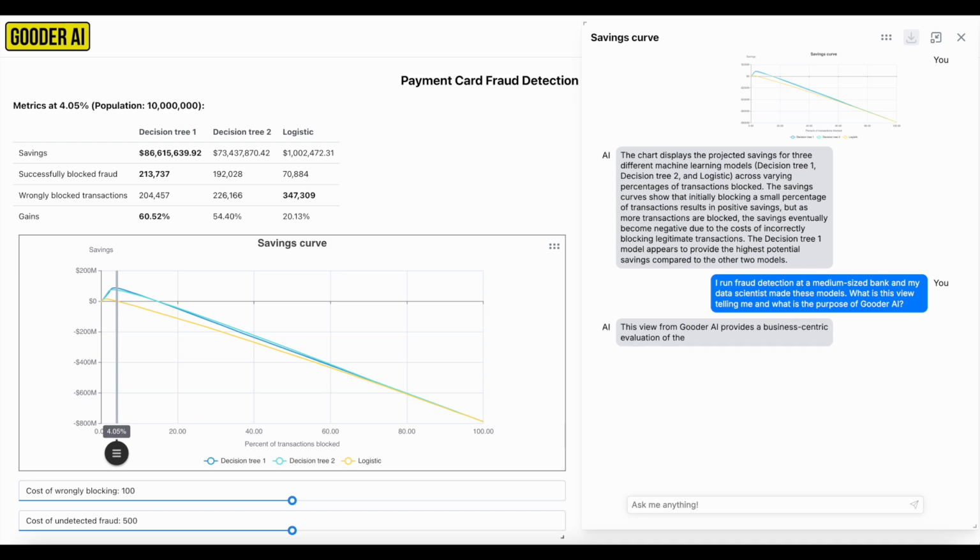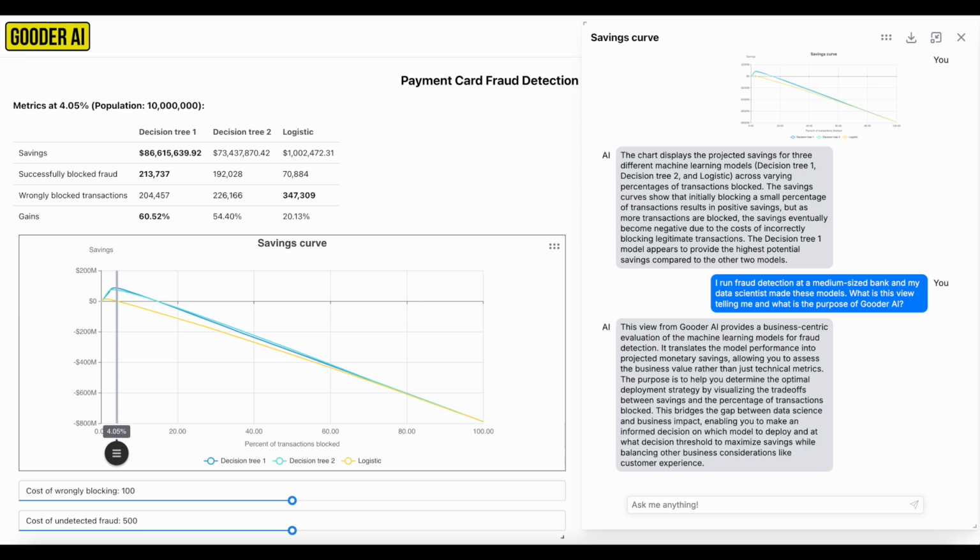This view from Gooder AI provides a business-centric evaluation of the machine learning models for fraud detection. It translates the model performance into projected monetary savings, allowing you to assess the business value rather than just technical metrics. The purpose is to help you determine the optimal deployment strategy by visualizing the trade-offs between savings and the percentage of transactions blocked. This bridges the gap between data science and business impact, enabling you to make an informed decision on which model to deploy and at what decision threshold to maximize savings while balancing other business considerations like